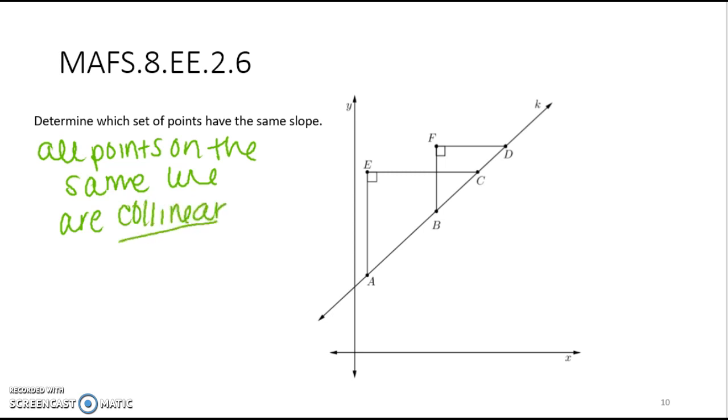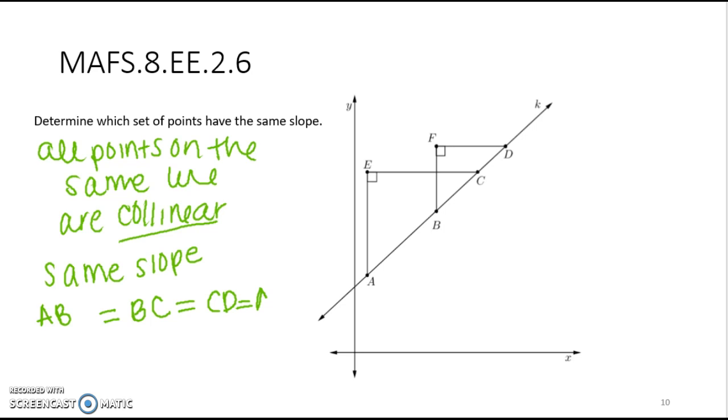And these collinear points have the same slope. So the slope from A to B is equal to the slope from B to C, is equal to the slope from C to D, which is also equal to the slope from